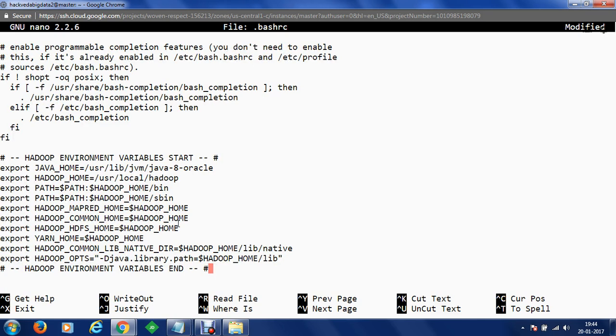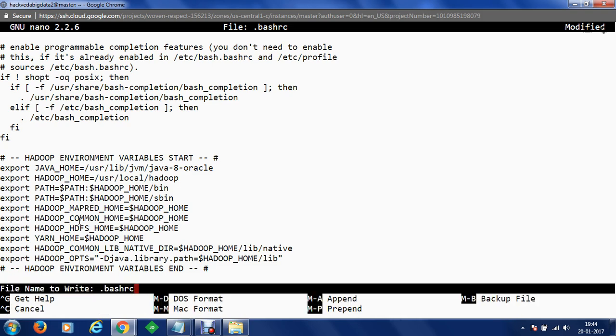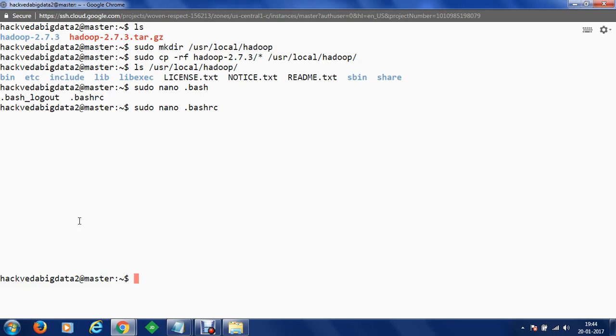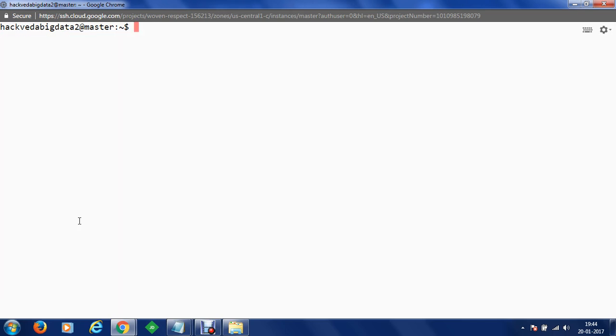After the configurations are done and your machine is restarted, all these environment variables will be set on the local machine, that is your Linux instance. Use Ctrl+O to save, Ctrl+X to exit. So we have set the configurations for environment variables on our Linux instance.